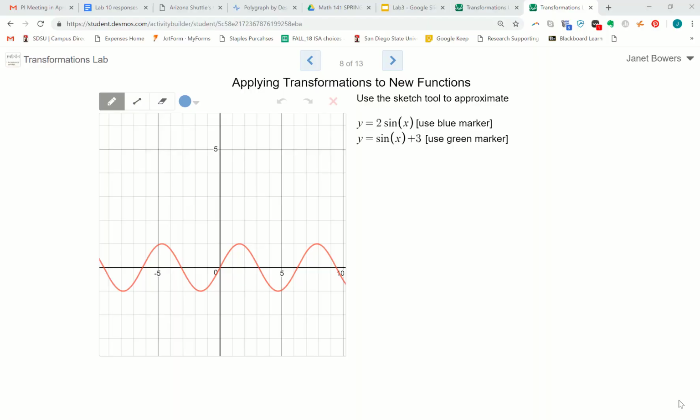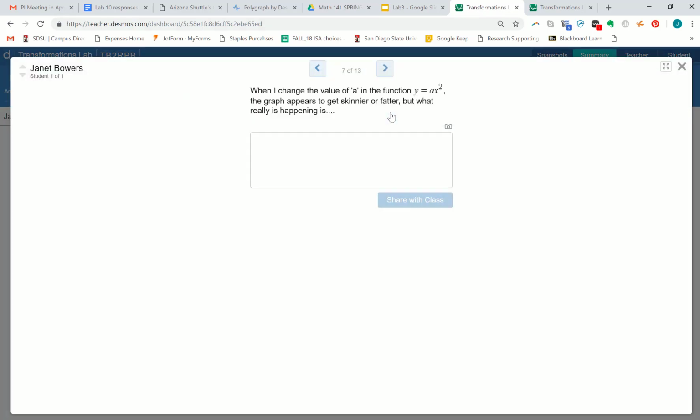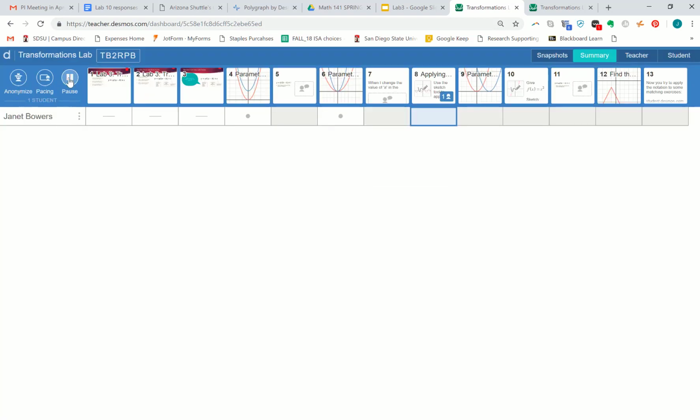Remember too, as if you don't have enough to remember, that you can go into the student version so that you can see where people are and you can freeze them. So if you want to freeze them at any particular point, you click on pause here, and then you can